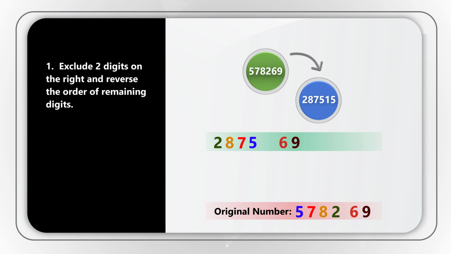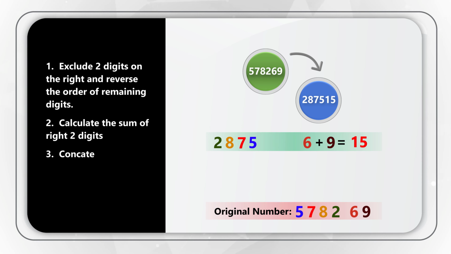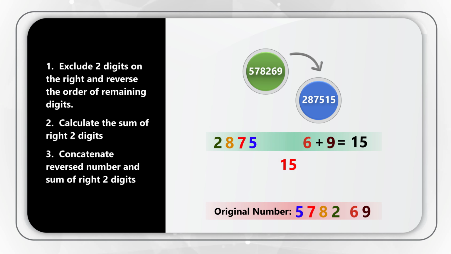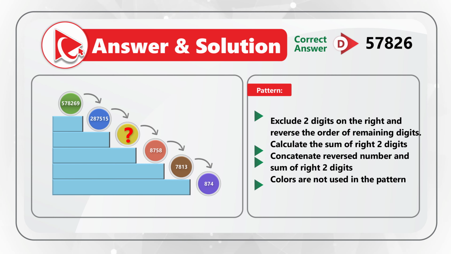And the calculations are very simple. We basically add 6 plus 9, and the end result of it is 15. Then we concatenate 2875 and 15. So the end resulting number is 287515. As the ball continues rolling, we repeat the calculations and get to the answer of D,